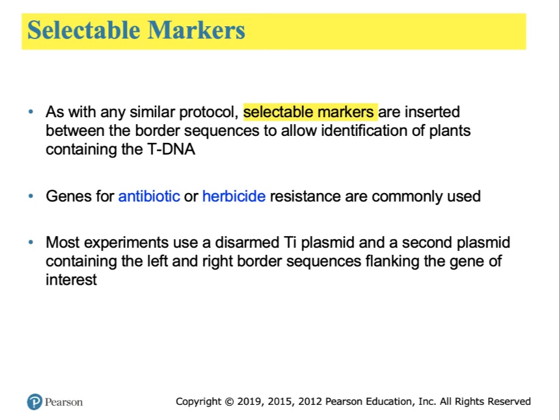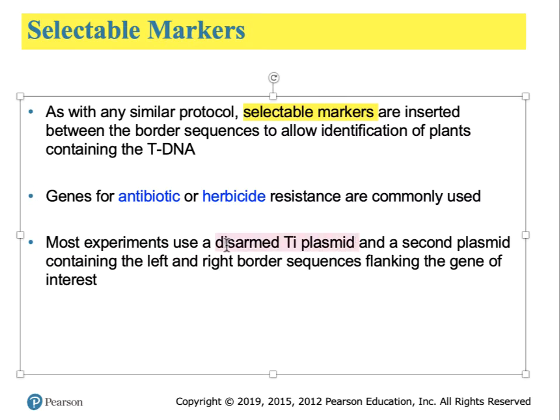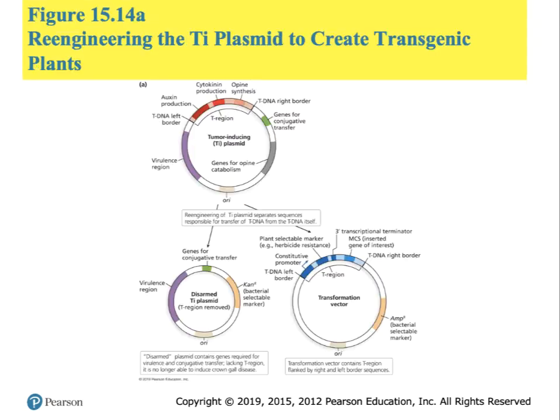In a further evolution of the technology, many newer experiments use a disarmed Ti plasmid and a second plasmid containing only the left and right border flanking sequences of the gene of interest, as indicated in figure 15.14a. So take your time and try to understand the content of this slide in relationship to the past 3 or